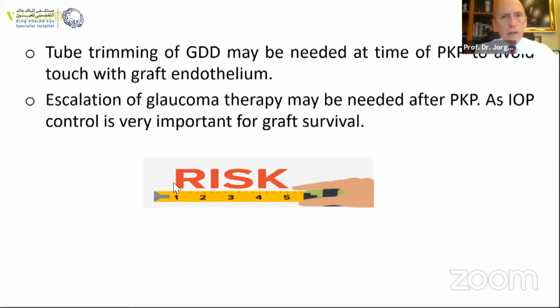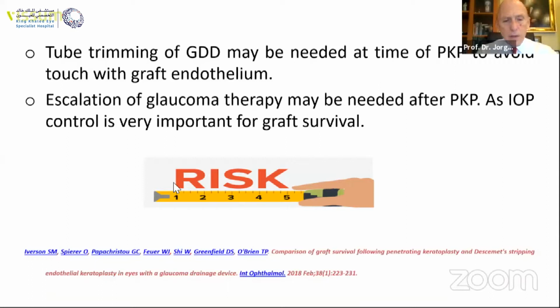So first try medical therapy, then use a valve, but the valves for any reason are associated with problems. Failure is frequent, and failure is not only traumatic because of the tube. You have cases such as the one I mentioned to you that fail without any apparent reason, and this is very speculative, you have other factors involved that affect the prognosis of the corneal graft when you use valves preoperatively or after the surgery, as it has been documented